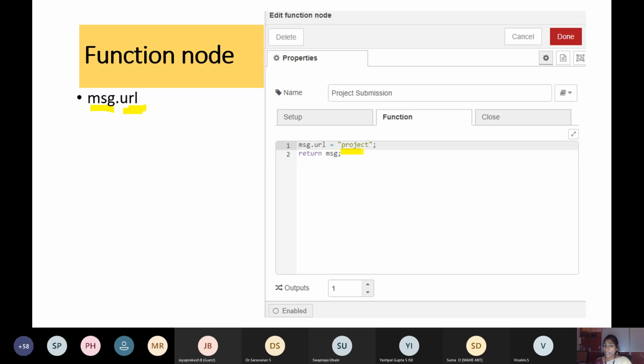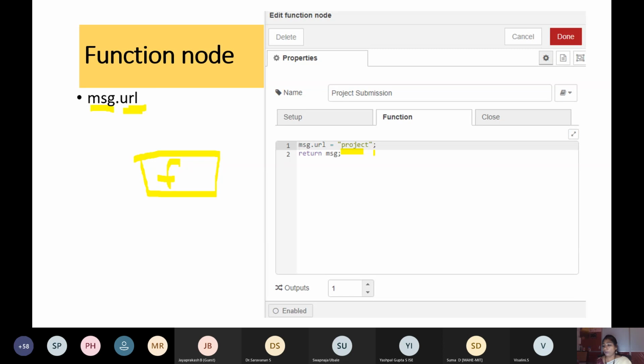I'll just repeat. You identify the function node, drag and place it in the Node-RED flow, and double click it. Then we are going to use only one object called msg.url, which is equal to, in double quotes, a variable name.